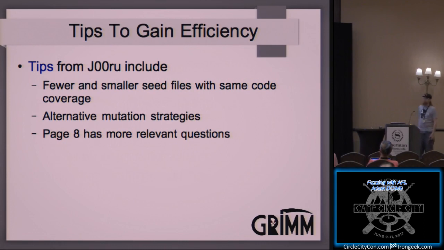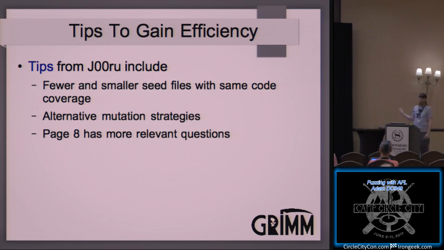Juru is a researcher that works for Google. He's on the Project Zero team, and he did talk about fuzzing at scale. And working for Google, gathering input files is pretty easy. He's just like, oh, give me all the fonts on the internet. And he works for Google, so he can do that. So me, I have to go around and manually find sites that have fonts and download them, and yeah,